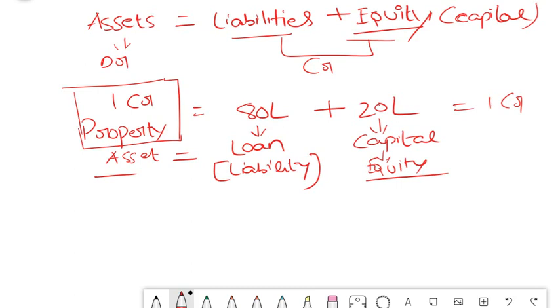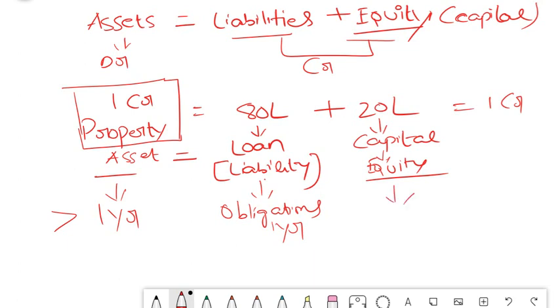Now we know the meaning of asset. Asset is something which can give revenue for a period of more than 1 year. And at the same time the meaning of liability. Liability means obligations of a firm, and generally the obligations which appear in your balance sheet are for the period of more than 1 year. That means after the balance sheet date. We will learn about this also in the next slide.